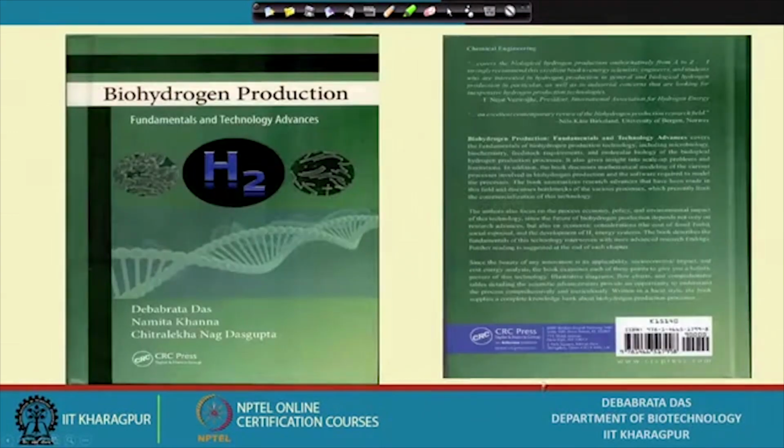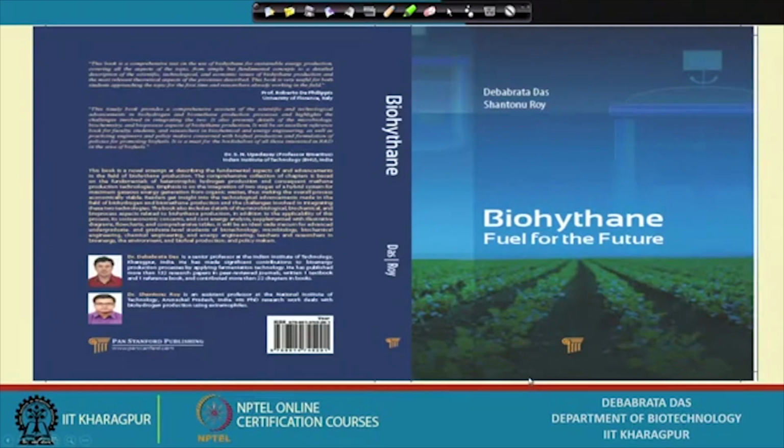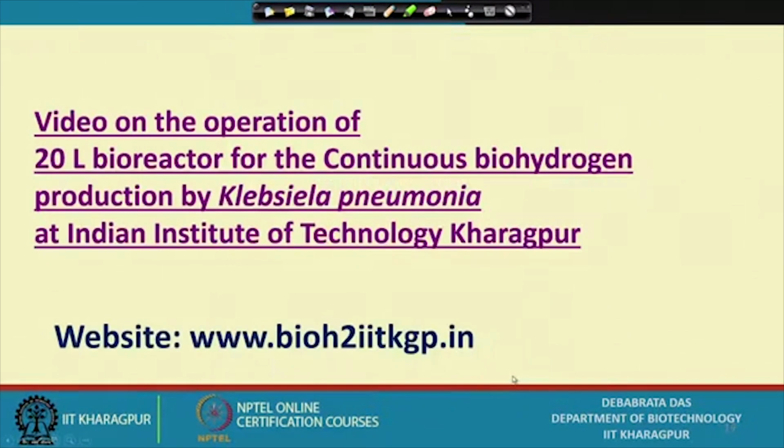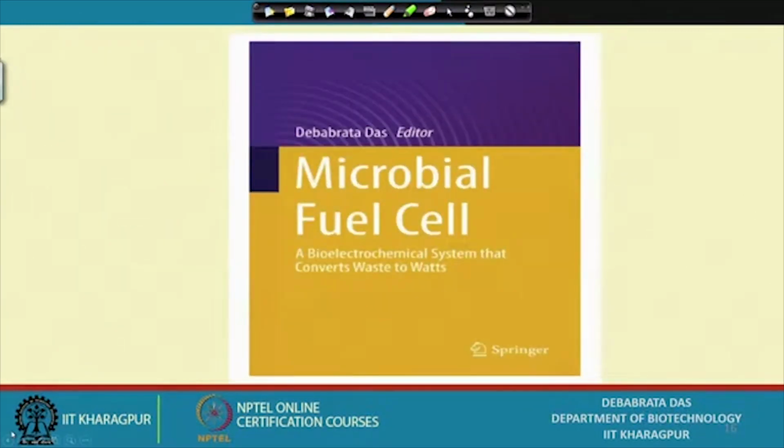And I want to show you some of my published books. This is Biohydrogen Production: Fundamentals and Technology Advances, published by CRC Press. Another is Biohydrogen Fuel for the Future. This is the first book in the world we have published, published by Pan Stanford Publishing Company. Then we published Algal Biorefinery: An Integrated Approach, published by Springer. Another book we published is Microbial Fuel Cell,